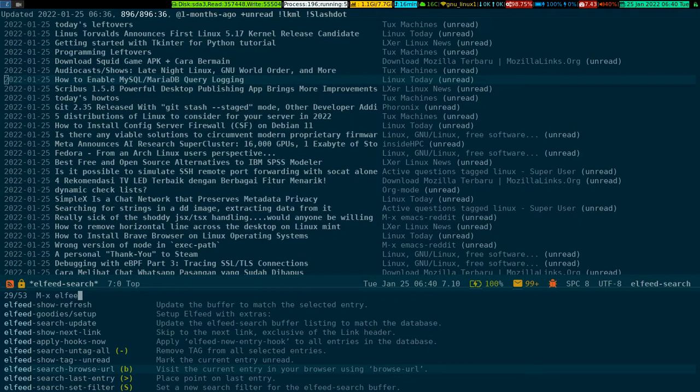Whatever the site or whatever the other software is, they will provide you an option to export. You need to get your OPML file from there and feed it to this software called Elfeed, the first thing. Otherwise, whatever information you are seeing here will not be available to you,